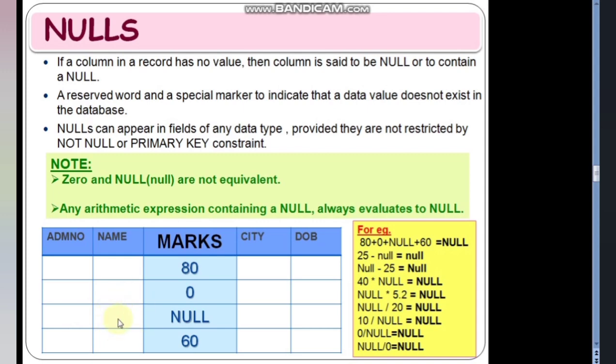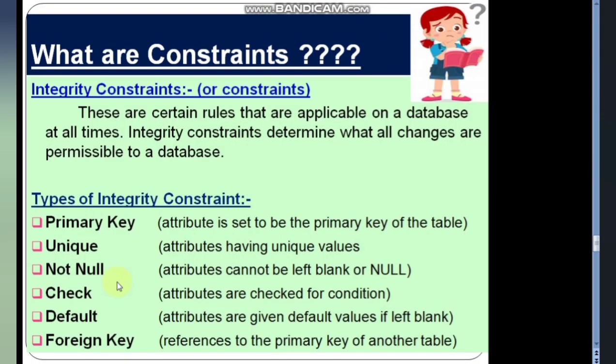So unique means non-repetitive value, but the difference between a primary key and a unique key constraint is that unique can hold null values, whereas primary key cannot hold null values. Now this difference comes every year, difference between primary key and unique.